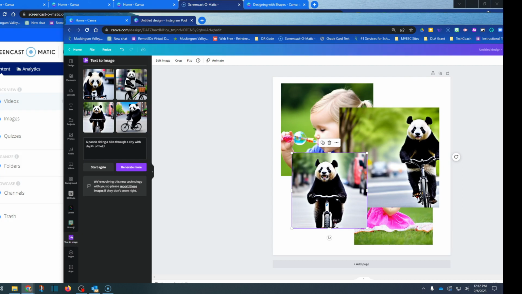So it's a pretty cool new option called text to image that is available free to Canva education, actually to anyone, whether you're using the free version or the Canva for education option. So pretty neat stuff within Canva to generate some images based on the words that you give it in the description.